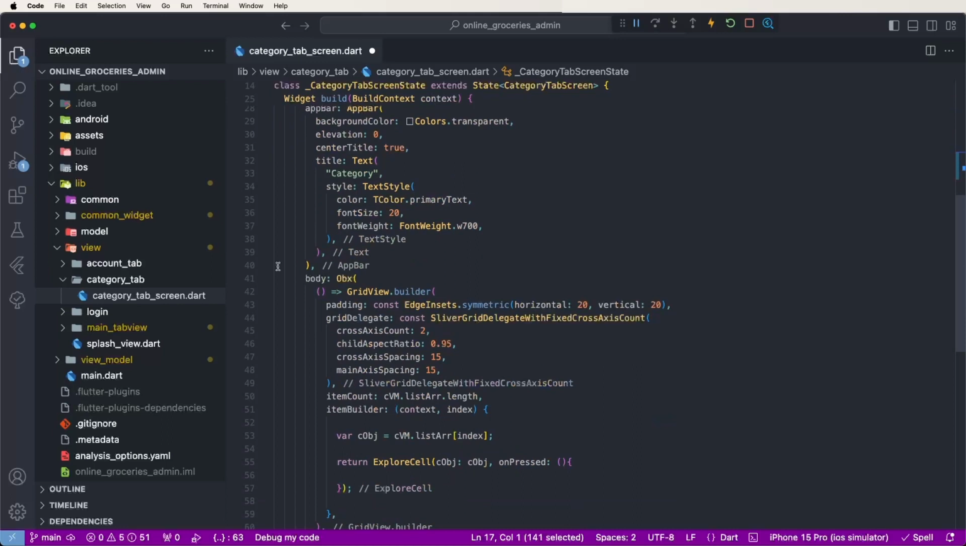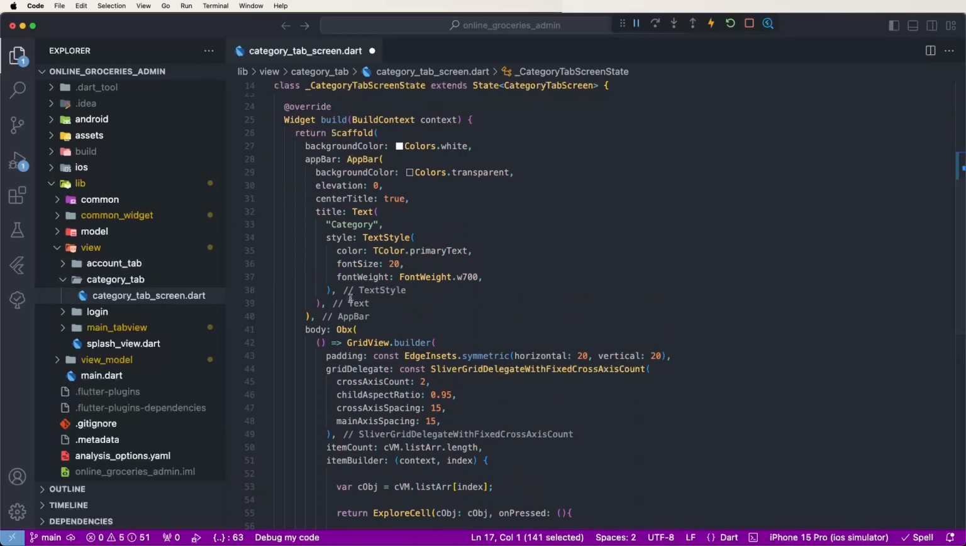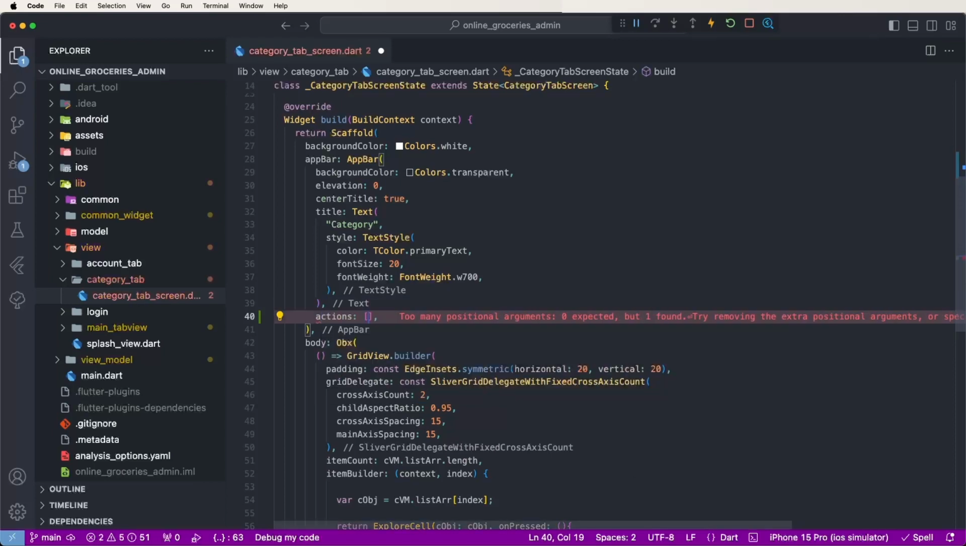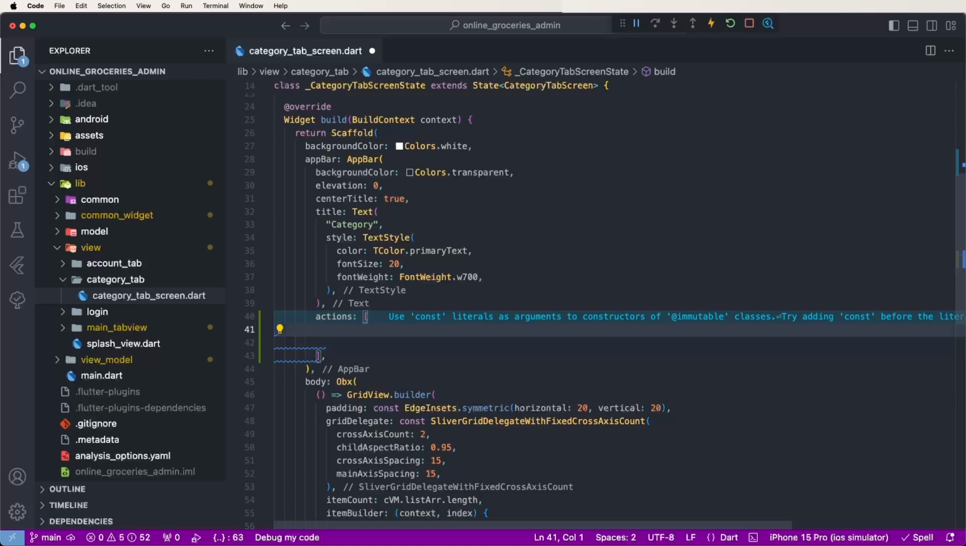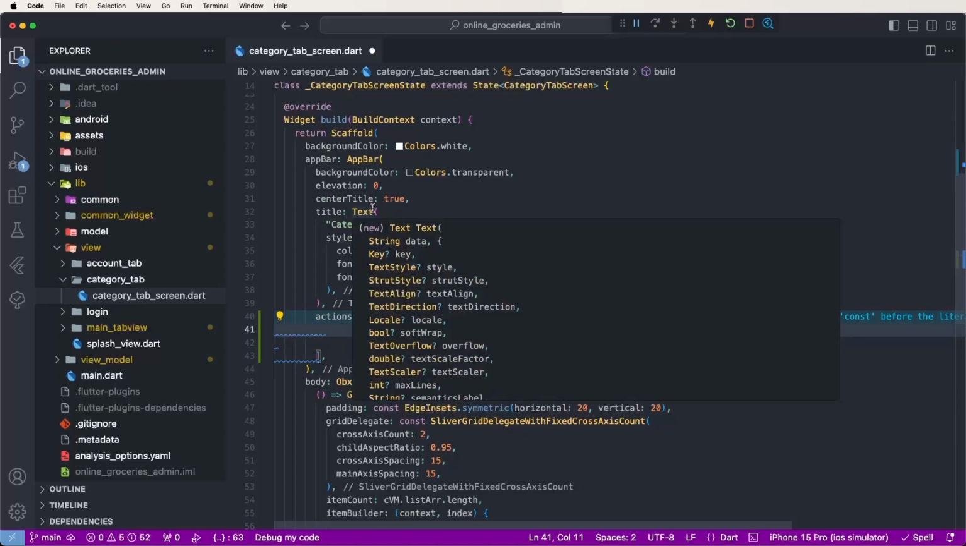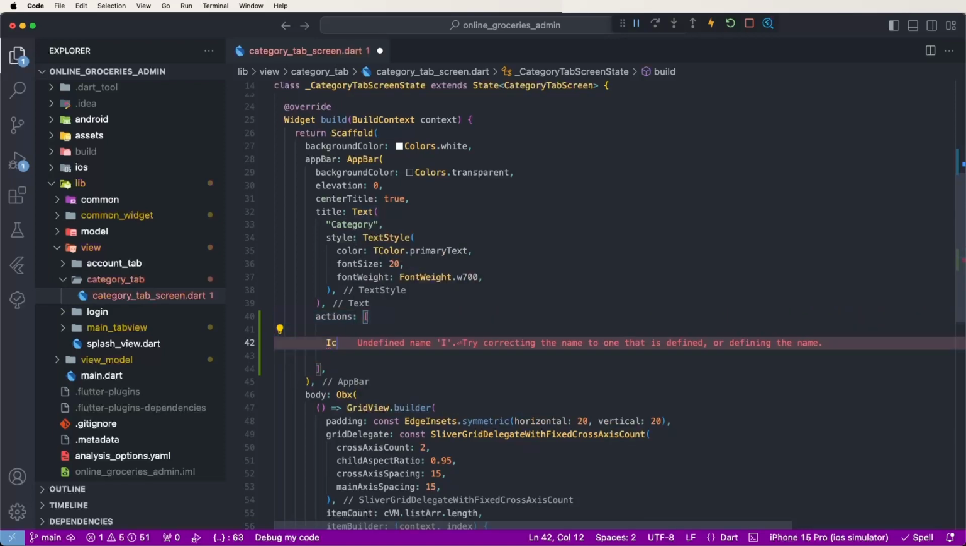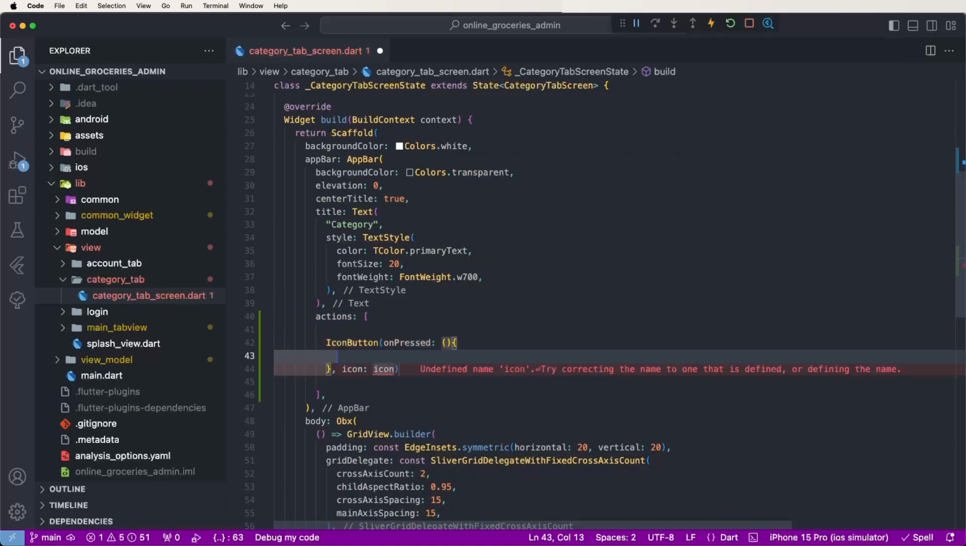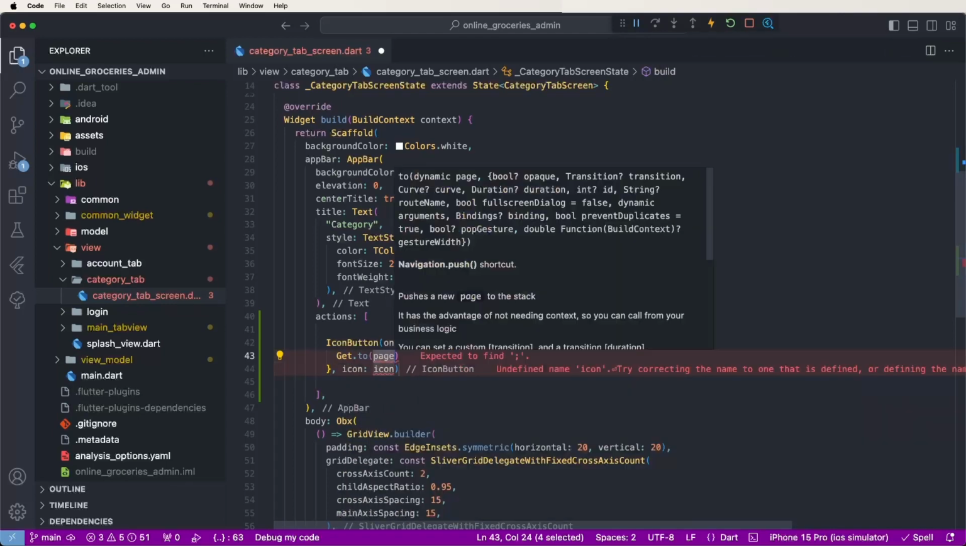Now first of all, we need to give the action buttons inside the AppBar. Give the actions, and we need to write down the button for add. Now we need to give an icon button, set the icon like this, and now set the Get.to and write down the